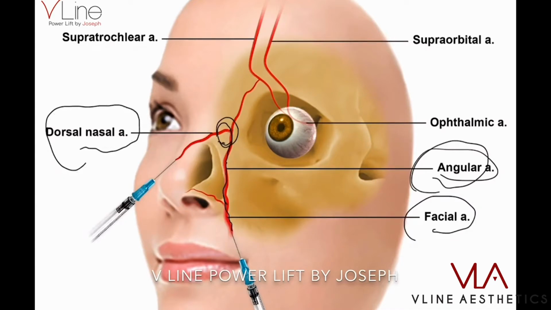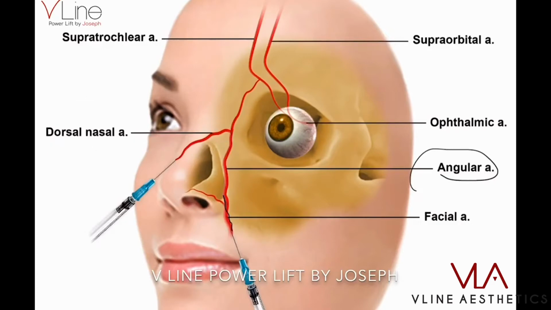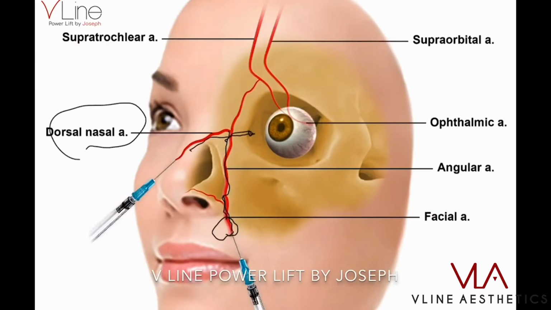And when the external and internal connect and link, the filler, when it's injected with high pressure and fast injection, will flow this way, and it will actually go inside the eyes that way, because this artery actually comes from inside the eye, the dorsal nasal artery, along with